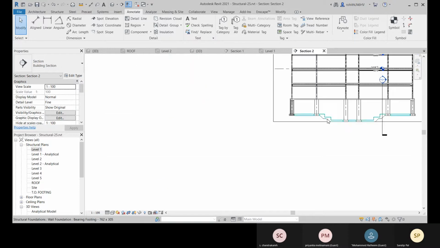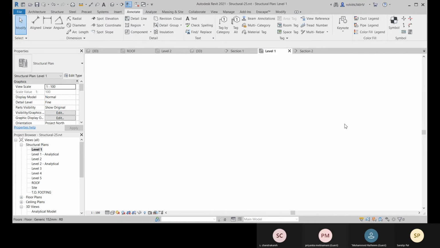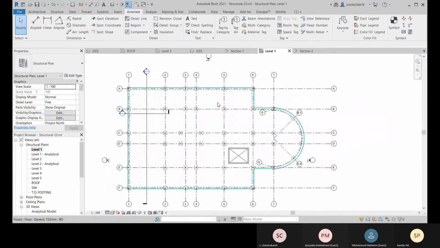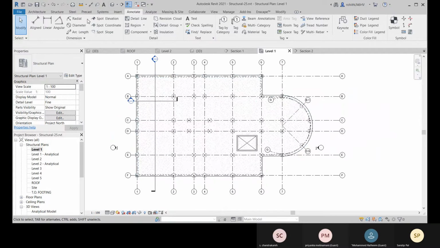Now let me show you if you are placing with your slab, so let me come to this level 1, and here for this floor if you want to place your reinforcement, we also have a shortcut option.